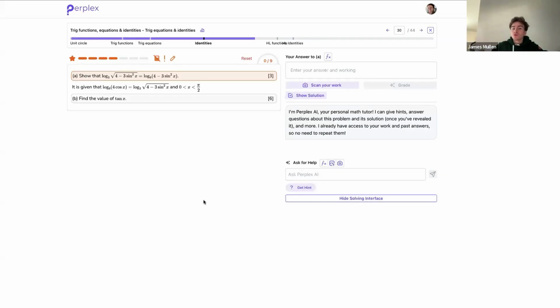So I'm going to have to use log rules to do this first part, right? I have log base 3 of (4 minus 3 sin squared x) to the power of 1 over 2, because that's what a square root is. And using my log rules, that's the same thing as half of log base 3 of 4 minus 3 sin squared x. Okay? And the right-hand side